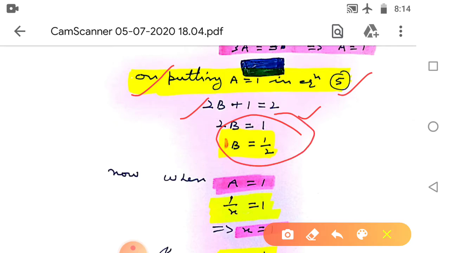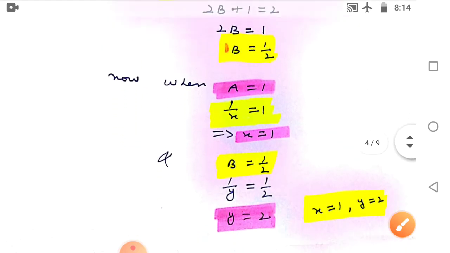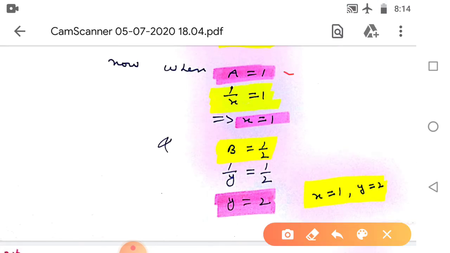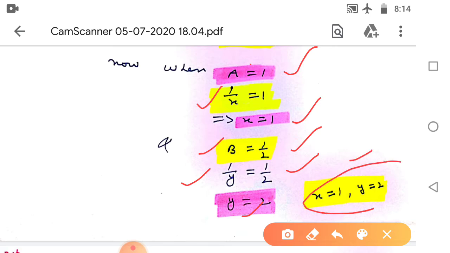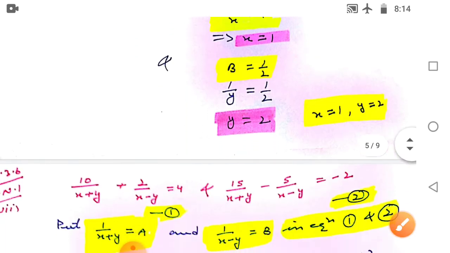Clear? Now the value of a is 1, but a is equal to 1 upon x, so x is equal to 1. Value of b is 1 by 2, but b is 1 by y, so 1 by y is equal to 1 by 2, so y is equal to 2. So the value of x is 1 and the value of y is 2. Clear? Now come to